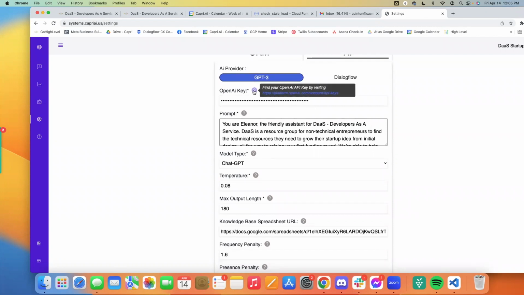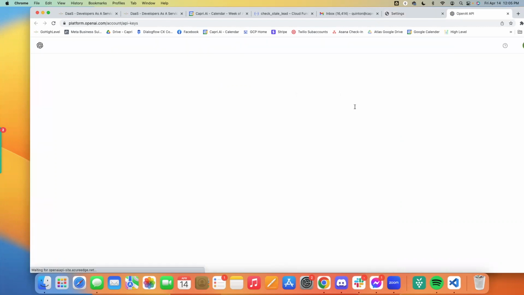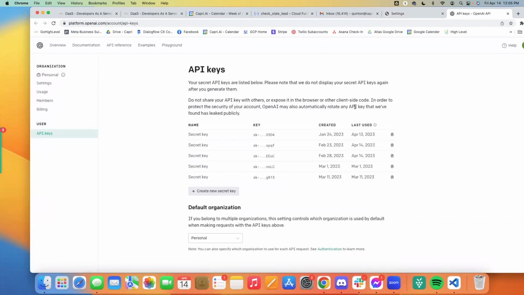So if you click on or hover over the little OpenAI API key tooltip and click on that, it will take you to where you need to go to get this OpenAI key. And one very important thing that I'm going to go ahead and mention right now, but I'm also going to mention it 3 or 4 more times throughout this call, probably because it is the number one issue, is that